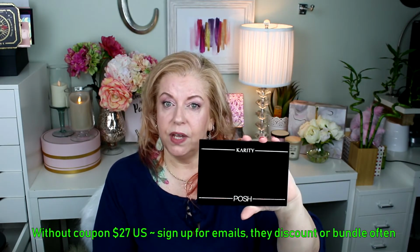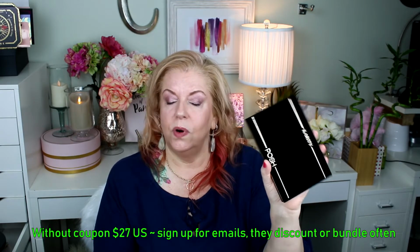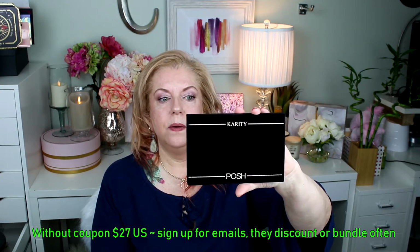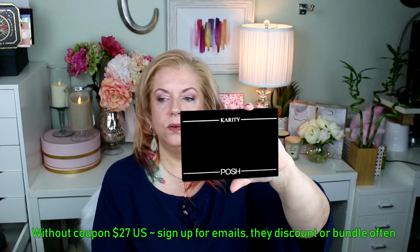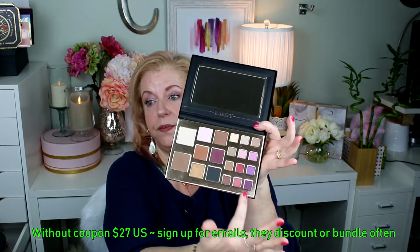I generally, and this is Carity by Posh by Carity. I don't know if this is a new release or a re-release of an old favourite. I generally love Carity, and I have the Unicorn Dreams palette. And if I want to do a lovely lavender look, you can't beat it. This one I was interested in because it looked funky, but I'm disappointed at the really pretty fun colours are